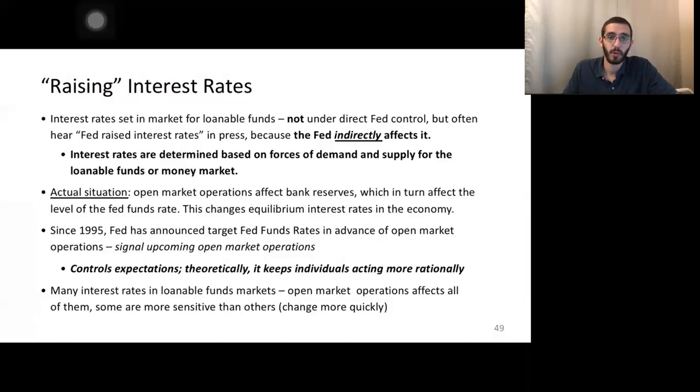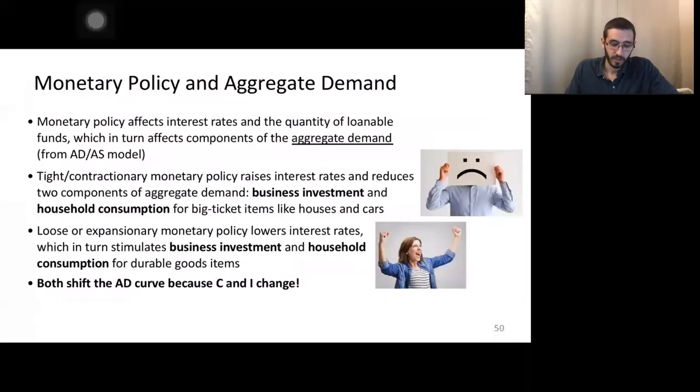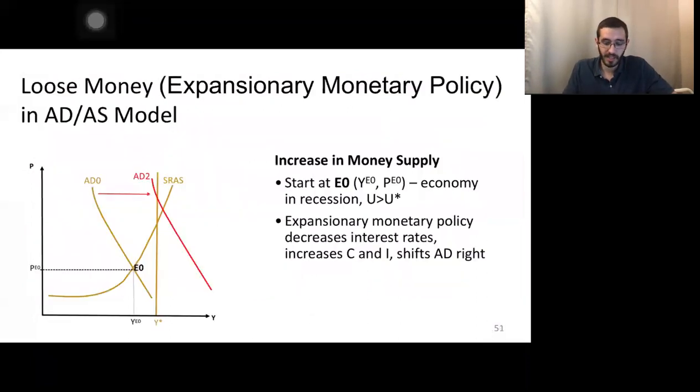Okay, but more importantly here, we're really trying to make sure that the Fed is setting the expectations about how much money is going to be available and the cost of borrowing money in an economy. So how do we connect that with the aggregate demand? As you've seen before, it's going to be through changes in consumption and investment, through changes in the interest rate. So if there's expansionary monetary policy, as we talked about, there's more money in the economy, which increases the supply of loanable funds, which lowers interest rates, right? That increases the amount of loans in the economy, which leads to more